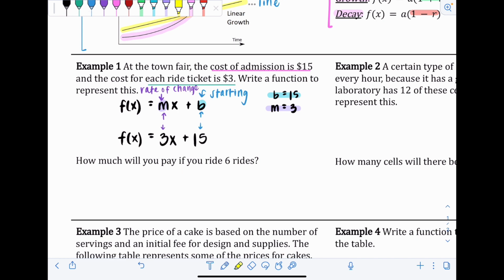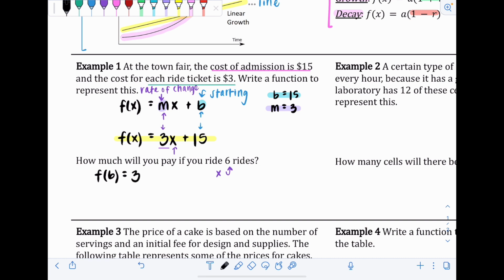Okay, so we have our function f of x equals 3x plus 15, and then down below that it says how much will you pay if you ride 6 rides. So in our function, we took 3, our rate of change, and we multiplied it by x. So if we did 1 ride, it would be 3 times 1, or if we did 2 rides, it'd be 3 times 2, and so on. So that must mean that x represents the number of rides that we go on, so we're going to have to put 6 in for x. So the way that we would write that is f of 6